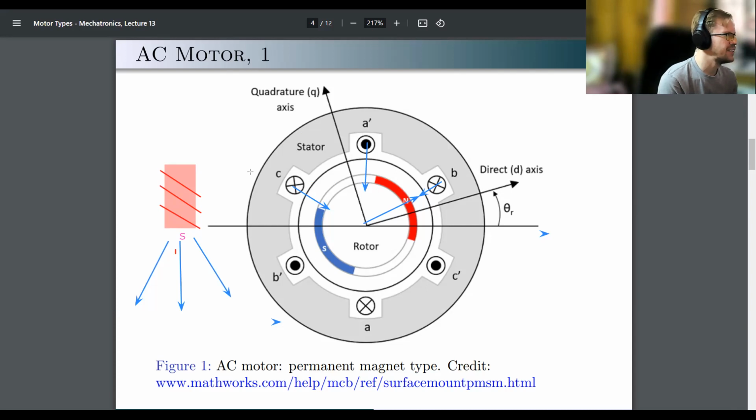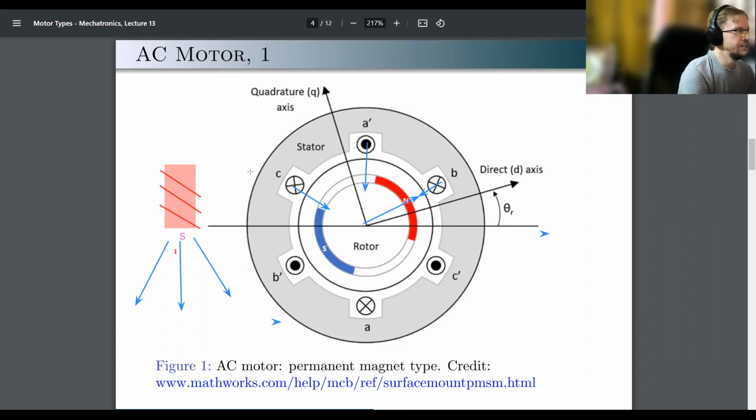Of course, by clever design, we can do much more than that. We don't have to stick to this idea with three sources of magnetic field with this 60-degree kind of step. And the idea of this step will come up later when we discuss the stepper motor. All right. Now, all of this is fine,